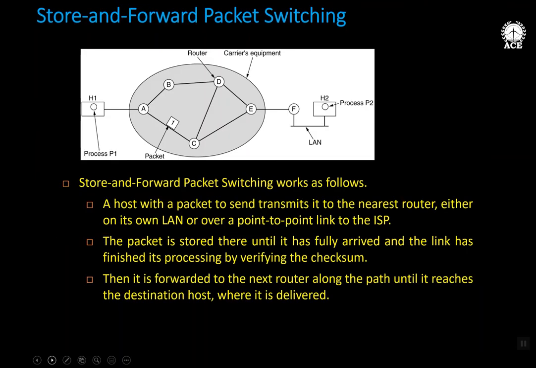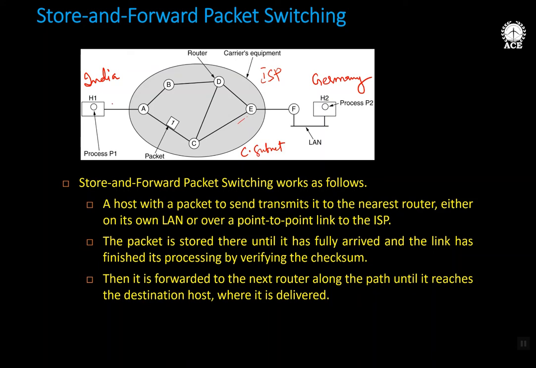Now coming to the first one, store and forward packet switching. This shows a very clear environment. Imagine this is my host, my machine in India, and this is my friend's machine, perhaps in Germany. They are geographically apart, so they need to be connected by means of an ISP, a communication subnet, which may include routers, and these are the communication lines, cables, which may be telephone cable lines, or old ones, or the new ones, fiber optic, or maybe wireless.